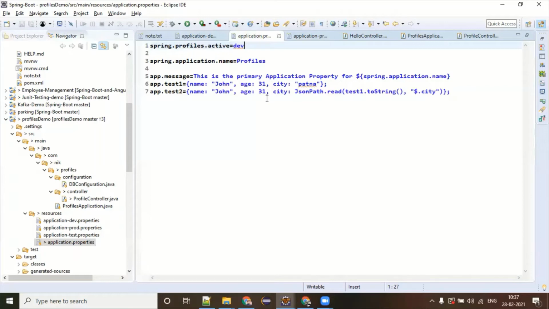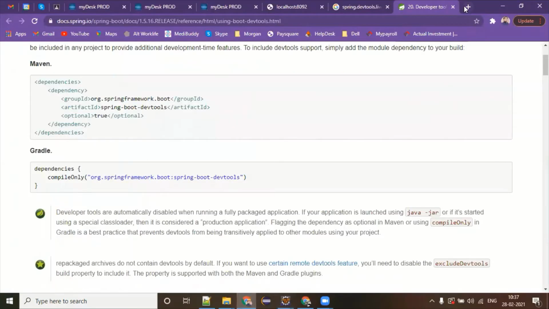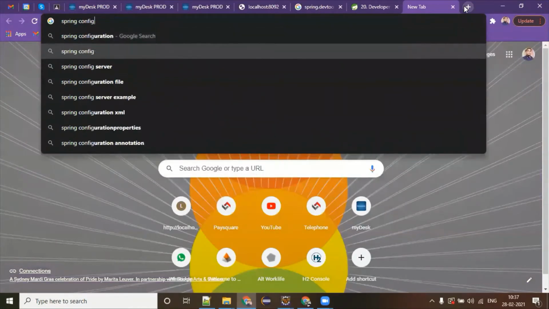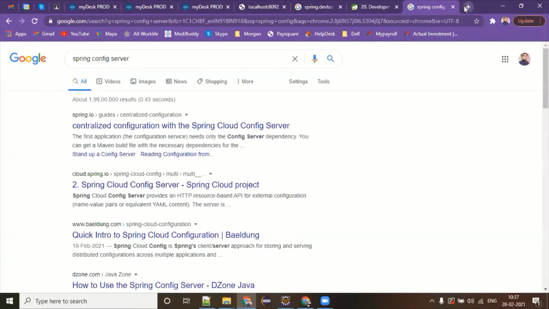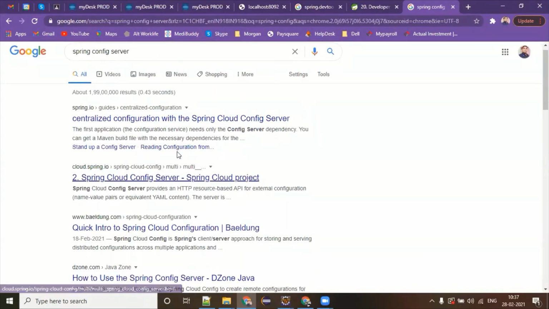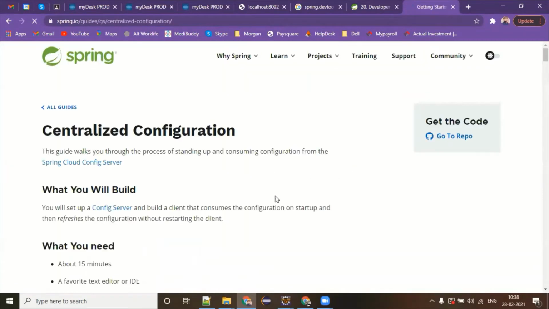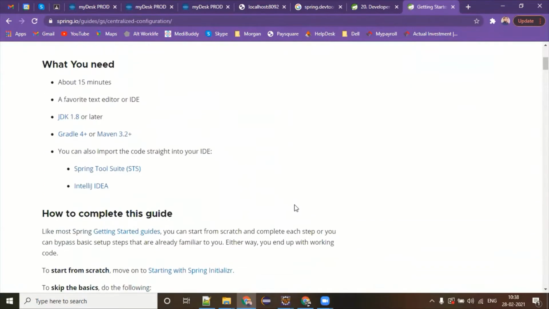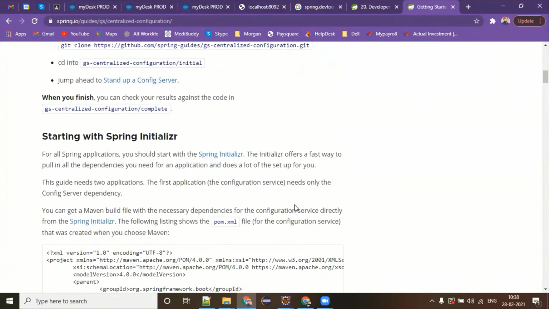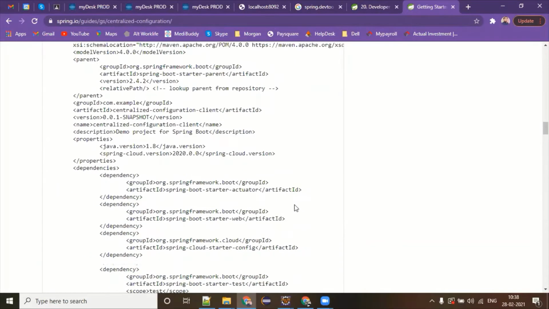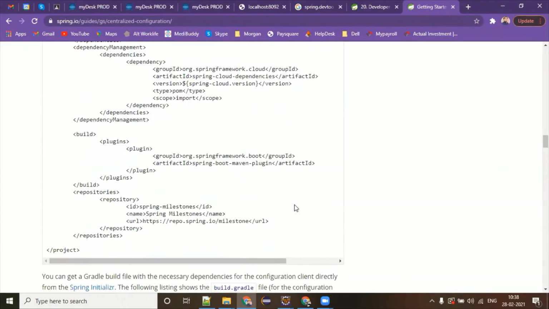Okay. You got it, right? What is that concept called? Spring Config Server. Have you heard about it? No. Don't worry. I'm preparing a sample example for that under this course. This is the one. It comes under the Spring Cloud plugins. There is some set of configuration you have to do, client, server, all these things. I will be talking about it in upcoming videos.